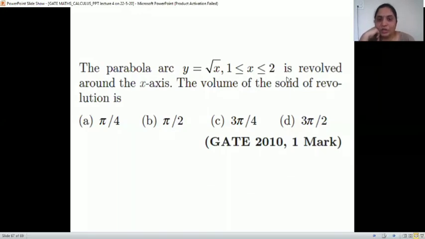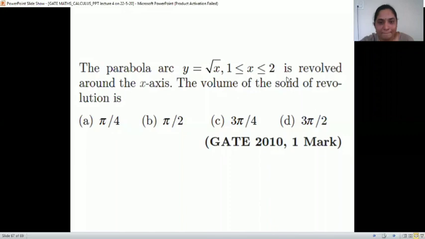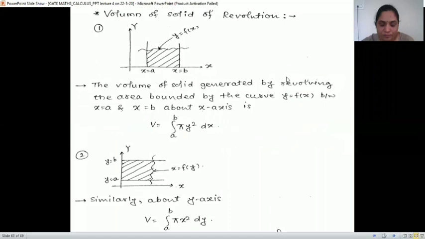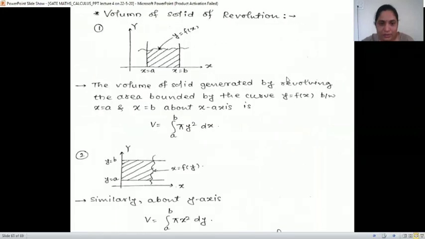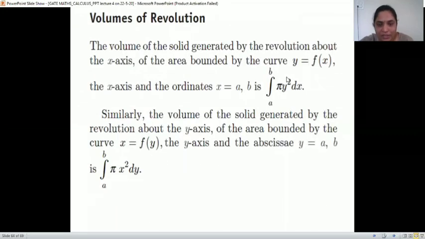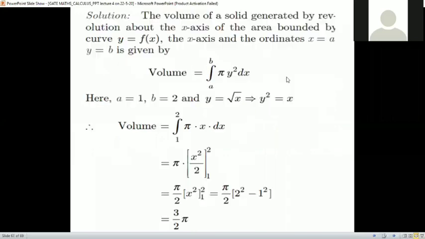As we have now limits of x with us, the volume of solid of revolution is equal to, we have limits for x. We know x is a to b. So then its formula will be integration from a to b of pi y square dx. Right? So that volume is integration a to b pi y square dx.